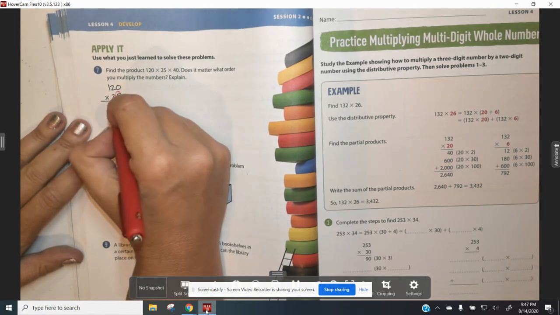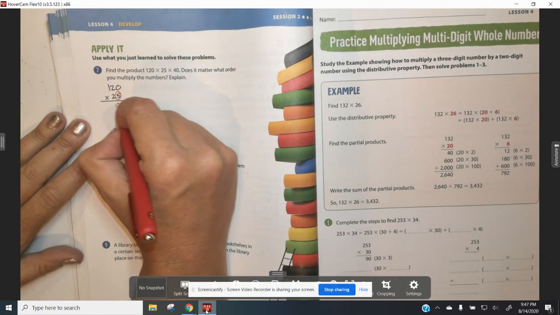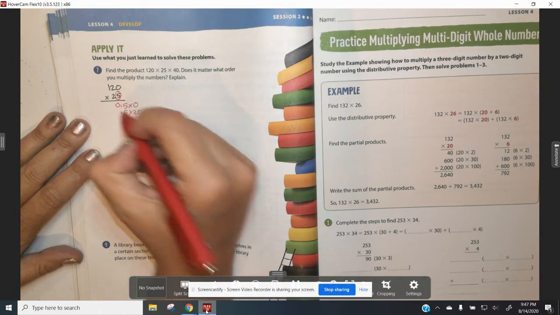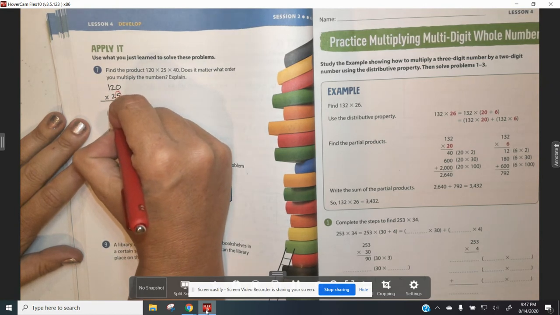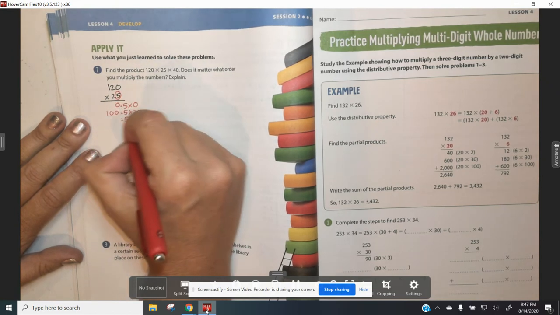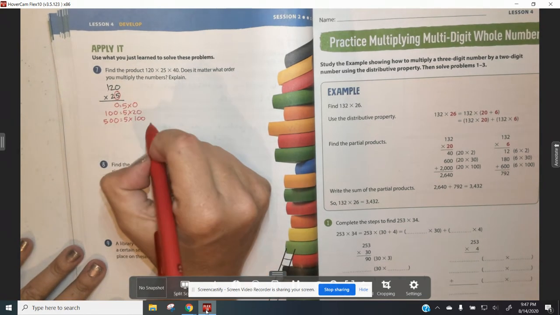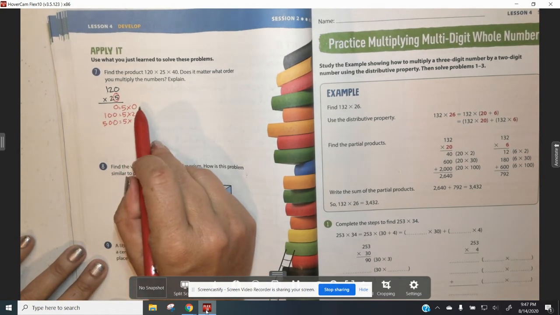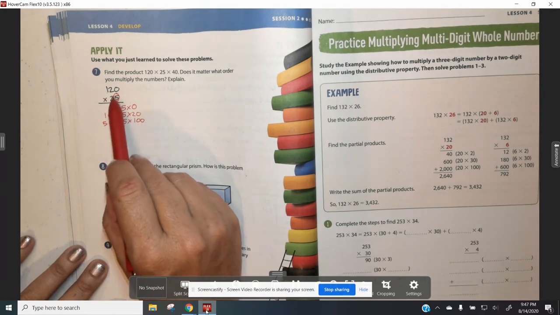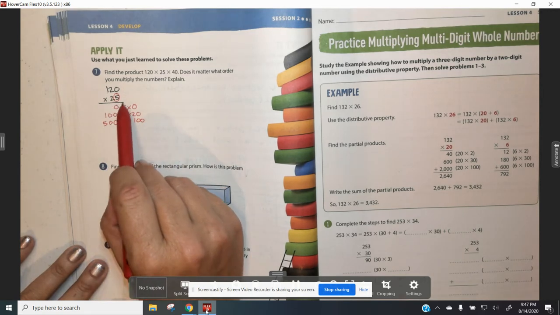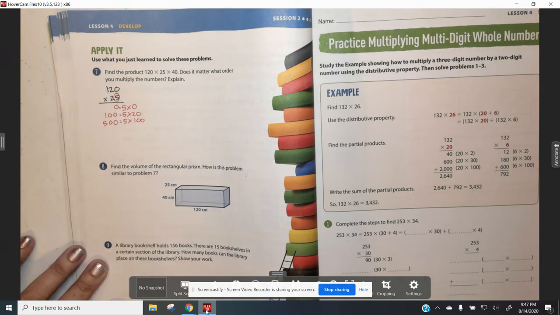And I'm going to go ahead and solve those right here. So 5 times 0 is 0, 5 times 20 is 100, and 5 times 100 is 500. Now here's what I like about this. The 0, the 20, and the 100 are going to stay the same. But instead of starting with 5, we're going to start with